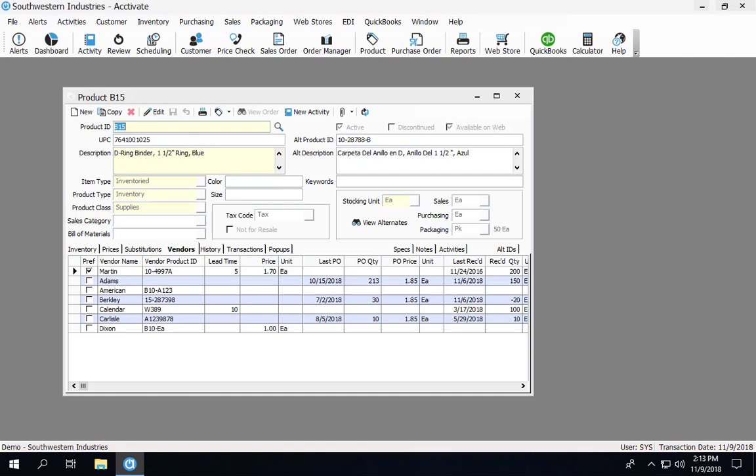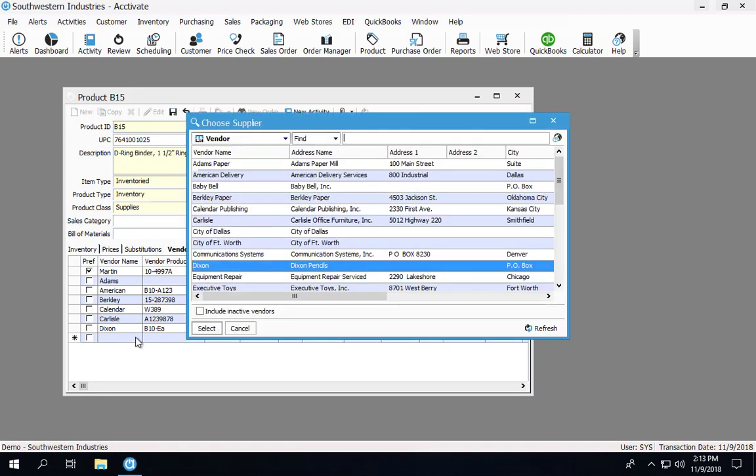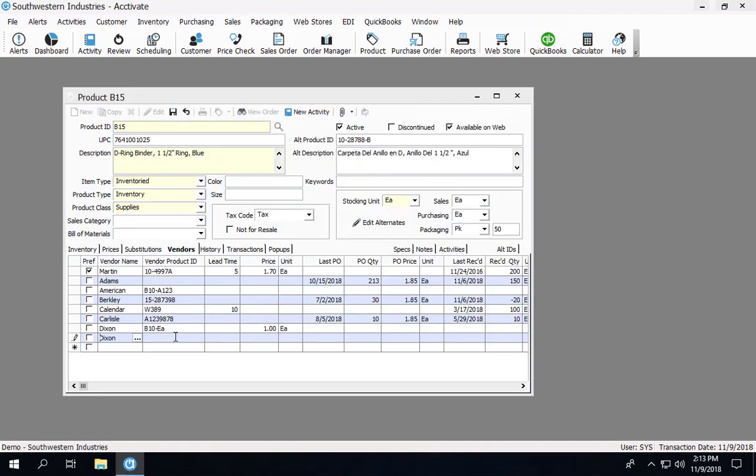We have the ability to add Dixon again as another vendor record as long as the vendor product ID is different from the one that's currently on here. So I'm going to click Edit. I'm going to click Dixon. And I have to give it a unique vendor ID. It could be blank because that is different than B10-EA, but I'm going to give it B10-DZ to represent a